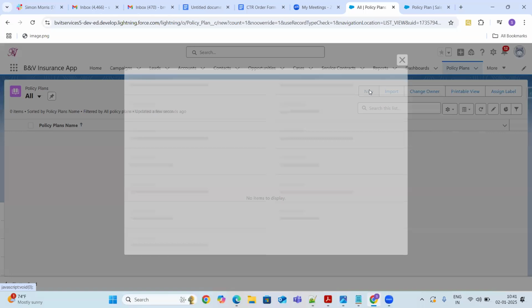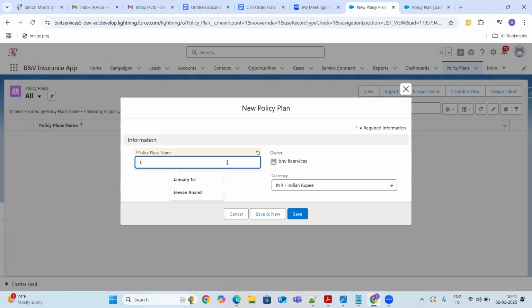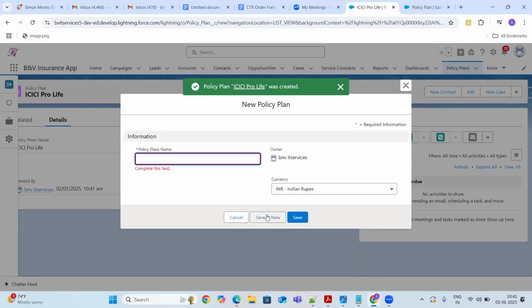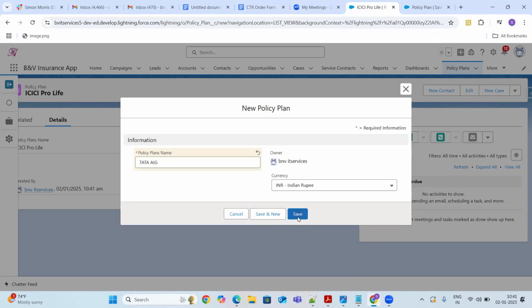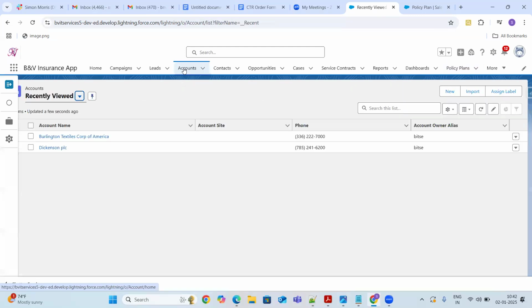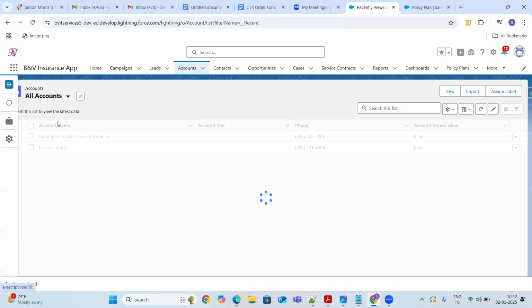I'm going to create some policy plan records: Jeevan Anand, ICICI Pro Life, Tata AIG. So these are the different policies I have, as well as different accounts.